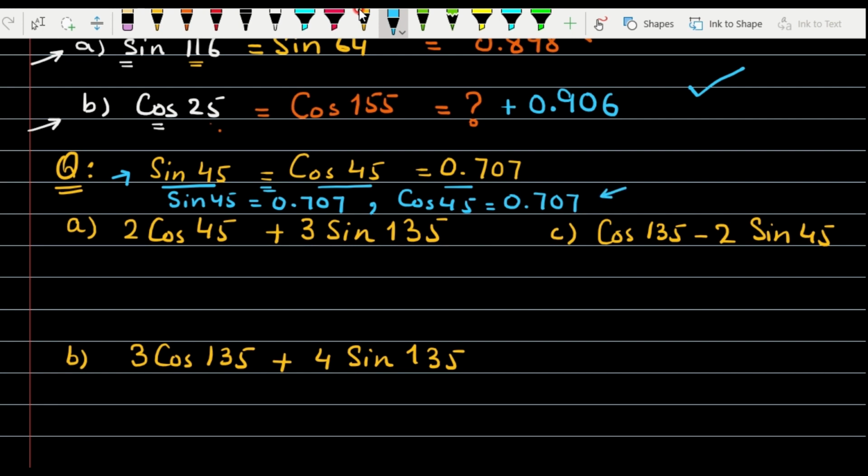Yes. So next we need to find the supplementary angle of this sine. This theta is 45, so subtract it from 180. What answer is here? The answer is 135. Alright. And what about the cos? Also it will be 135. Alright. So it means that we just need to figure out cos 45 is given. So we know the value